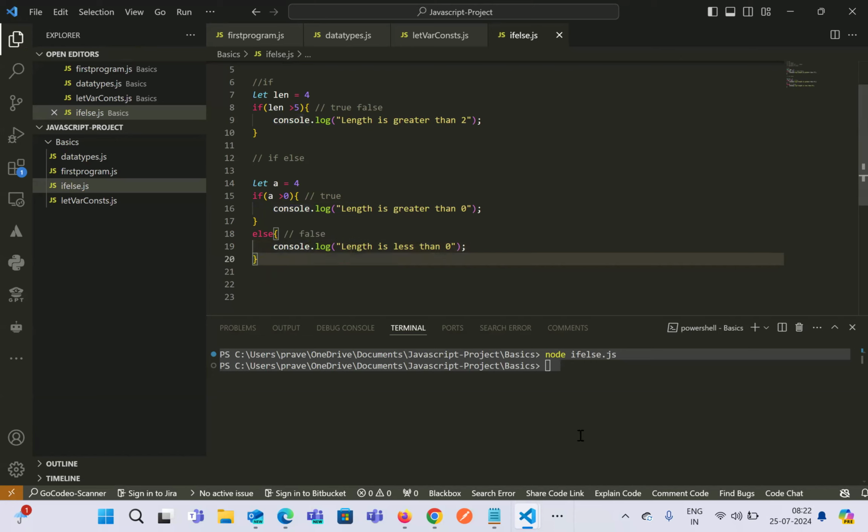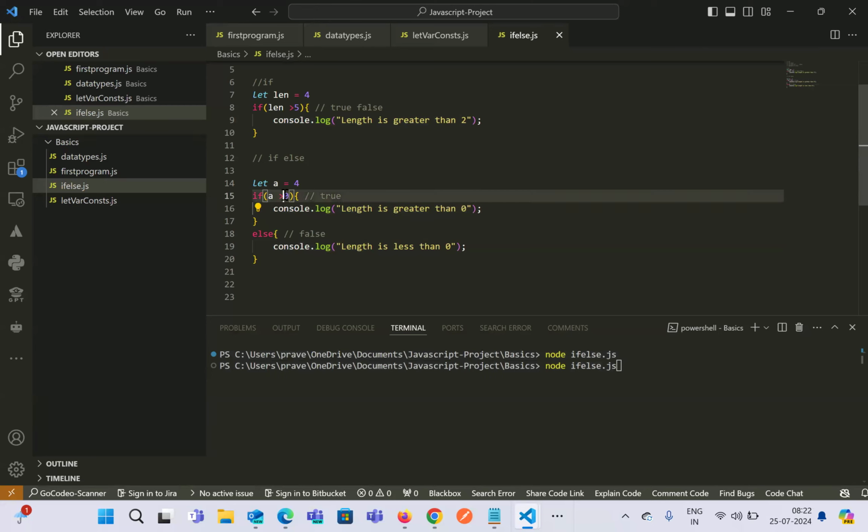So in this case, if we try to run our code, it will probably give "length is greater than 0", because we are trying to validate whether the length is greater than 0 or not. And we have declared a variable a equal to 4. So we can change it out here as well. It's greater than 0 and less than 0. So if you see here,